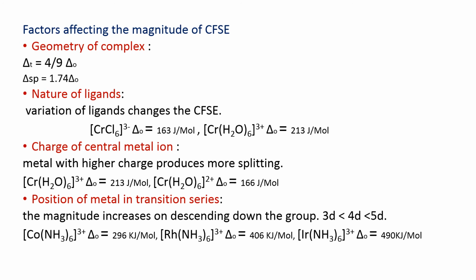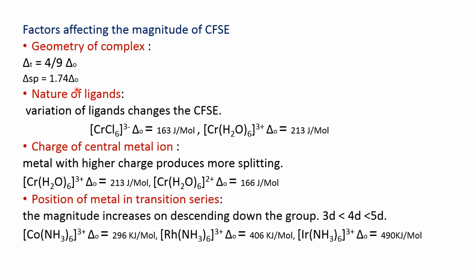The crystal field splitting for an octahedral complex is nearly double that of a tetrahedral complex. Delta T is equal to 4/9 times delta O, and it is less than that of a square planar complex. In an octahedral complex, the ligands approach along the axis, influencing the axial d orbitals directly, whereas in a tetrahedral complex, the d orbitals are not directly under the influence of the ligands.